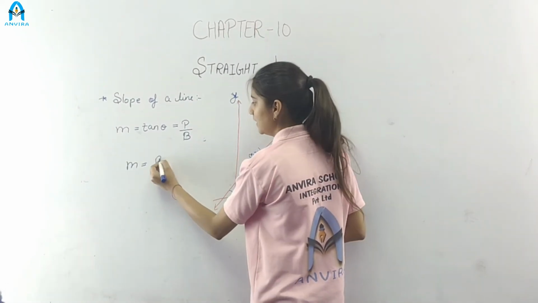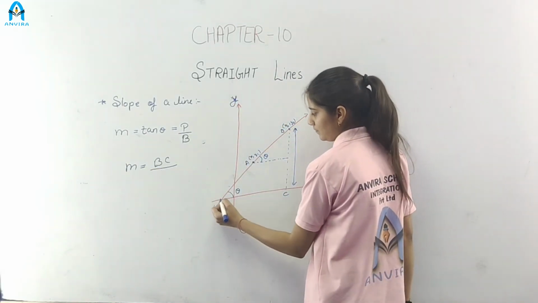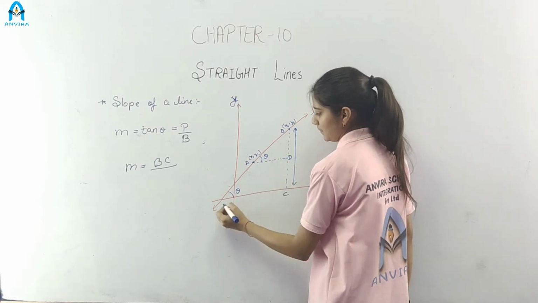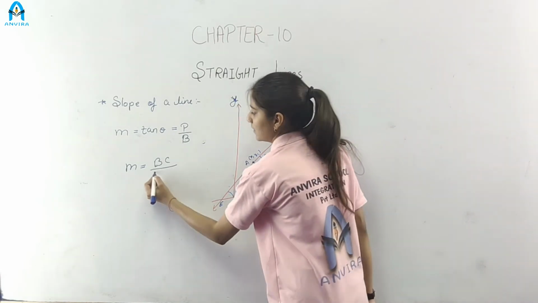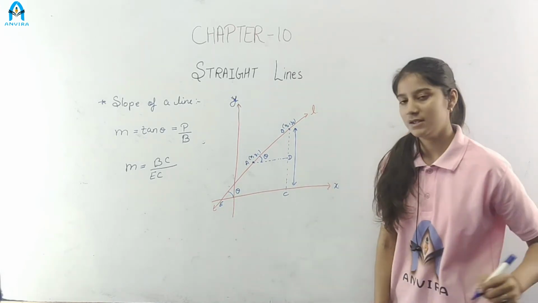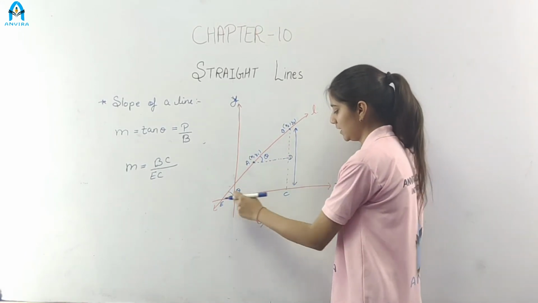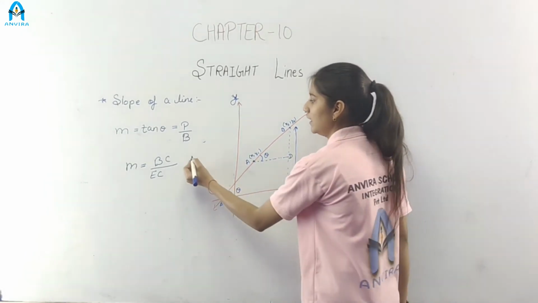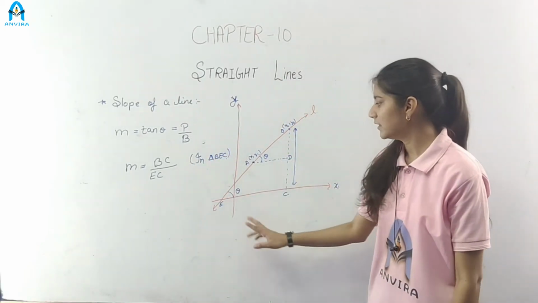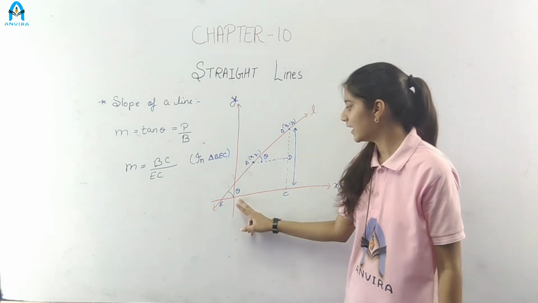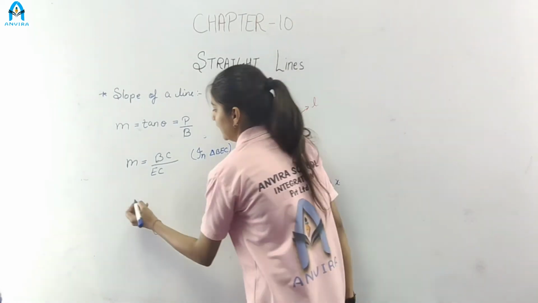Our perpendicular is BC. And what is our base? Our base is EC. If I take triangle BEC, and if this angle is given as theta, then this will also be theta. So let us take